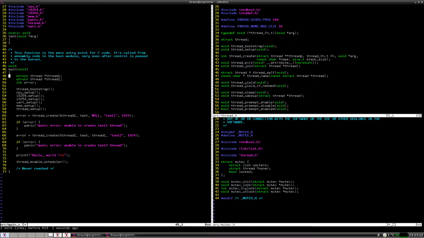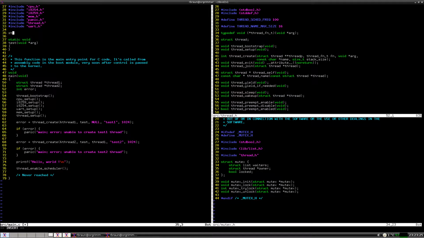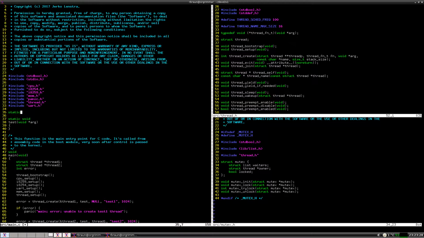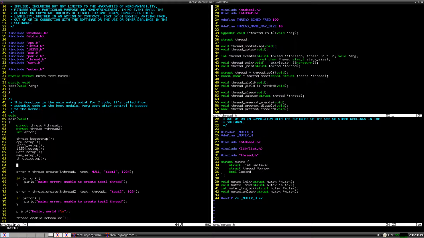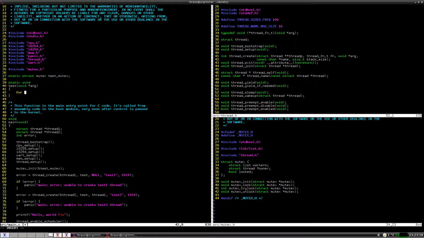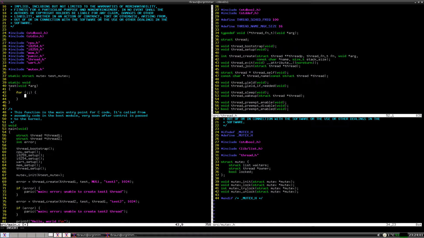I don't need to make the thread global, but I need to make the mutex and the shared memory global. And I need to actually include it. It's temporary, so I'm going to make it a part. Text, yeah, mutex, okay. We want to initialize the mutex before we use it. Okay. And so test here is an infinite loop, locking the mutex,